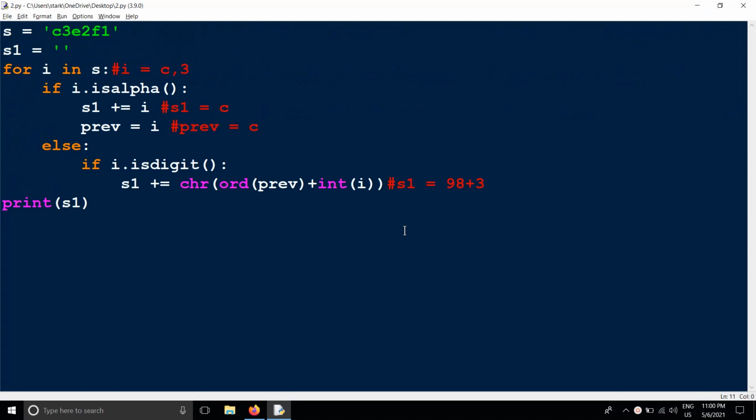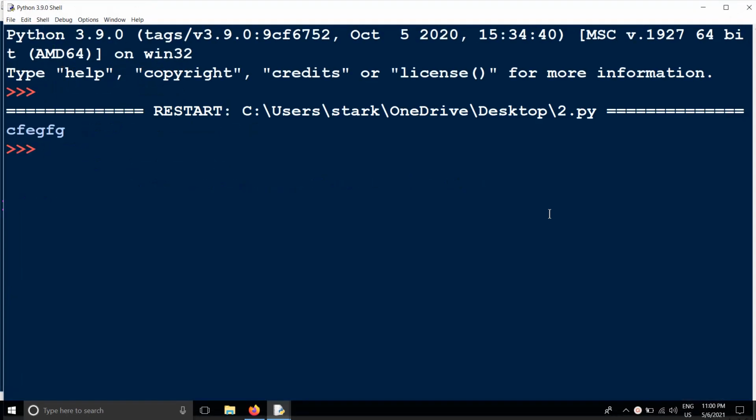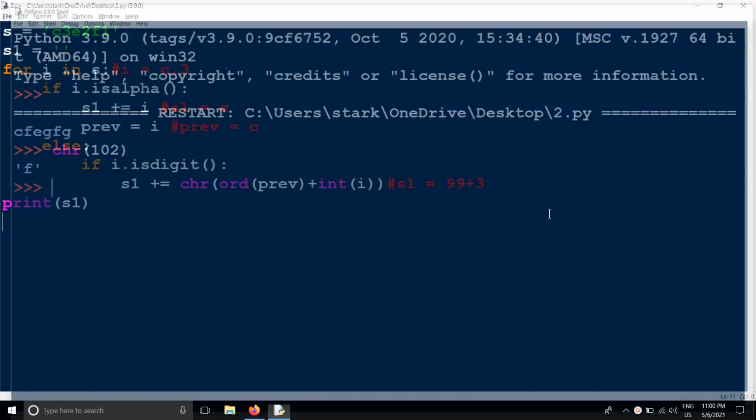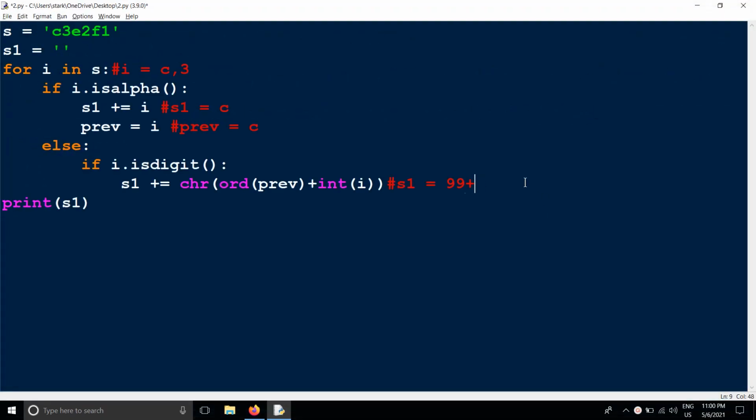Okay, so now we have to add 99 plus 3. 99 plus 3 is 102. Character of 102 is nothing but F. So the next value we are getting is F. Now already in S1 we are having C, and the F will be added here.